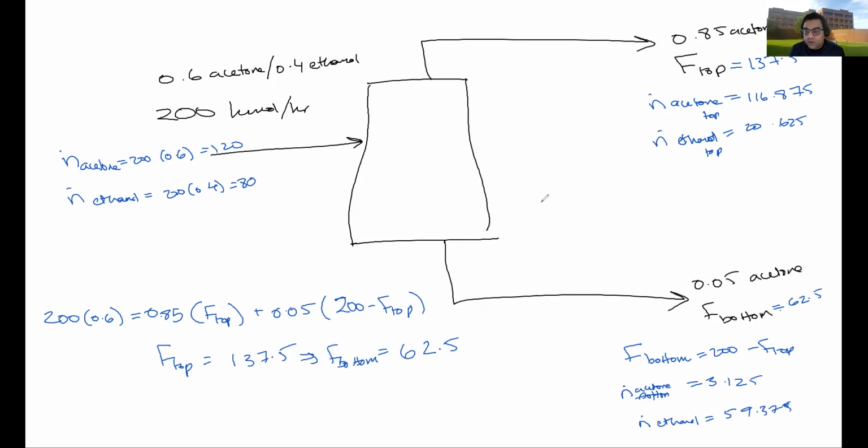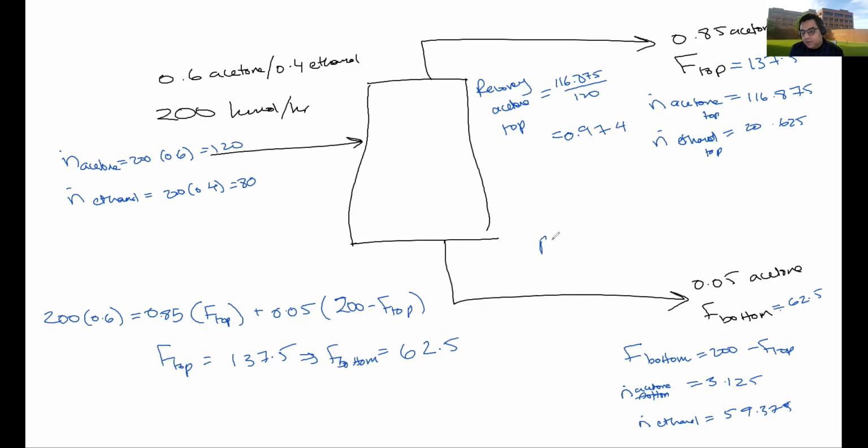I can get my recovery for acetone and ethanol, right? So the recovery of acetone in the top will be the number of moles of acetone in the top product divided by the number of moles of acetone in the feed, which is 116.875 divided by 120, and this number right here will be